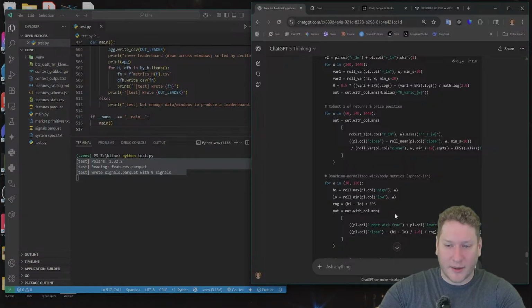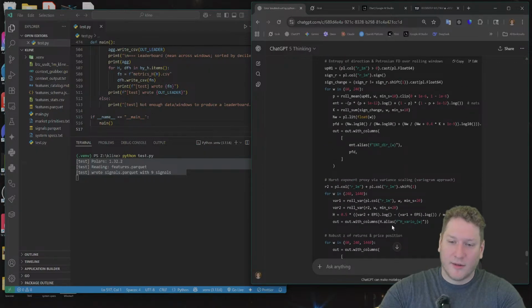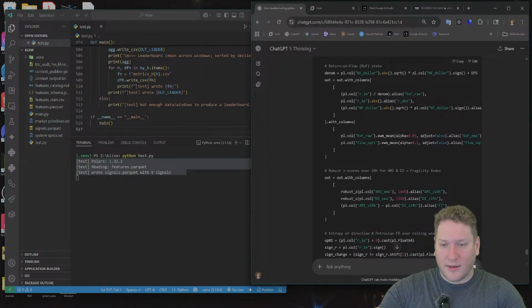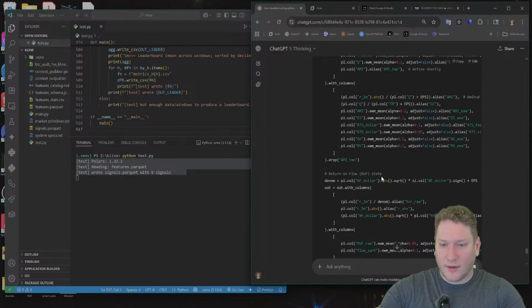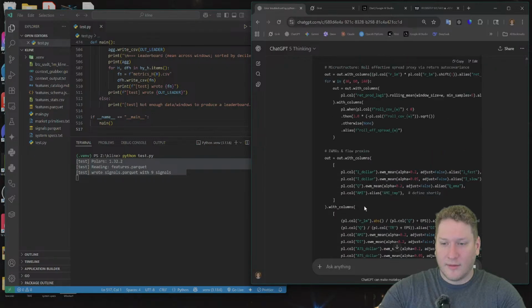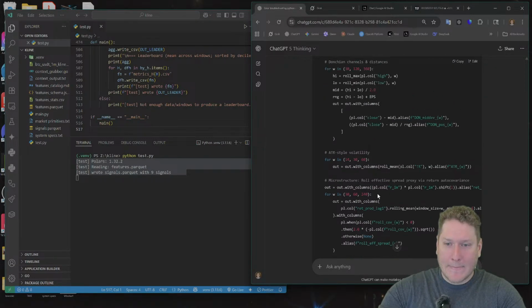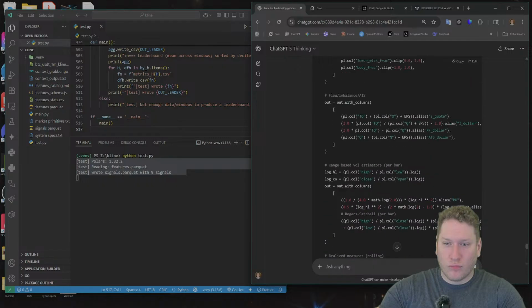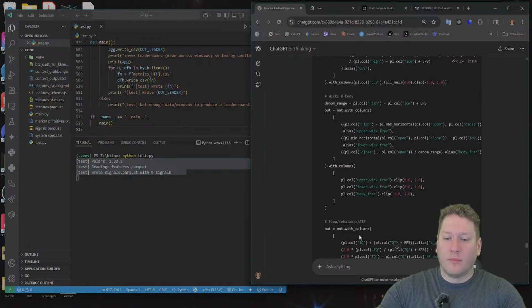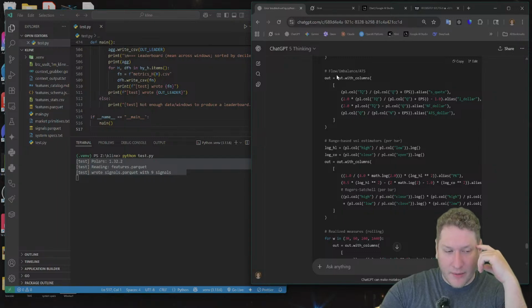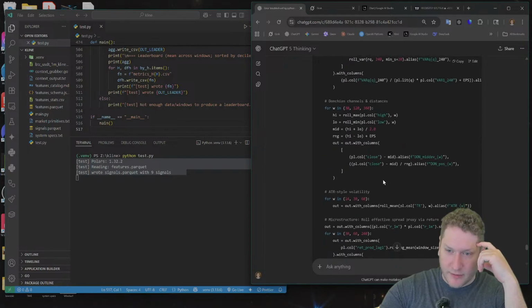Donchian normalized wick body metrics. First exponent. Robust Z-score over 24 hours. Yeah, some order flow. I kind of want to dive more deep into that.